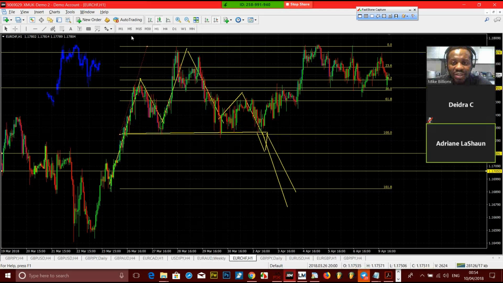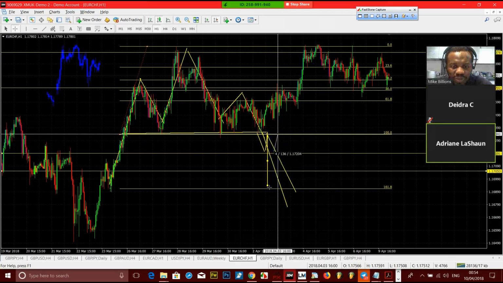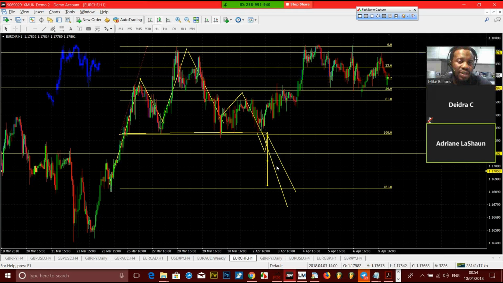68. Let's say you are only looking to take, let me see how many pips, that's too long. Let me just take it from here, because that's where I would have taken my profit. So this would probably be your TP, almost at the 161. So your TP is just 40 and your risk is 68. That's a lot. You're risking too much for that long move. If you were scalping, I would have understood the jump in and jump out, but this one is quite risky.